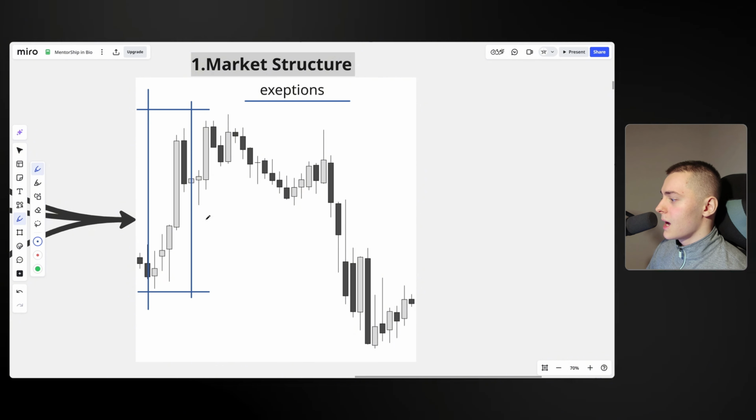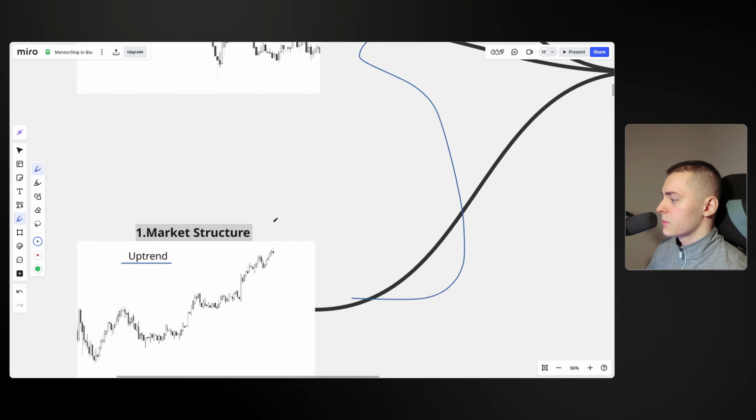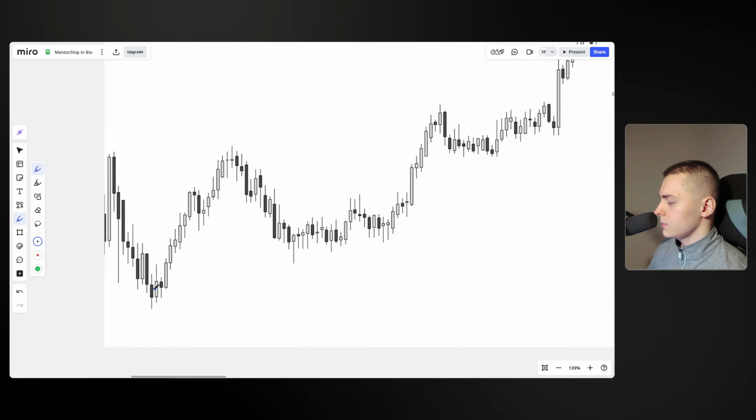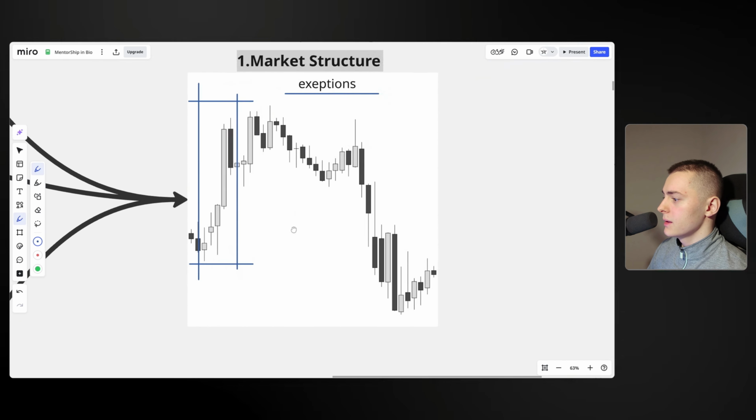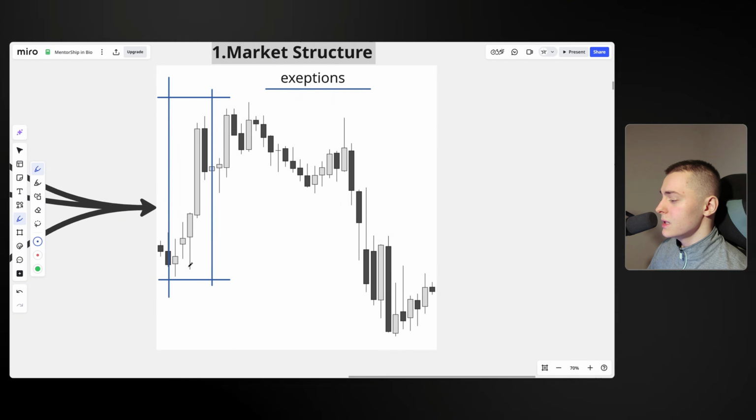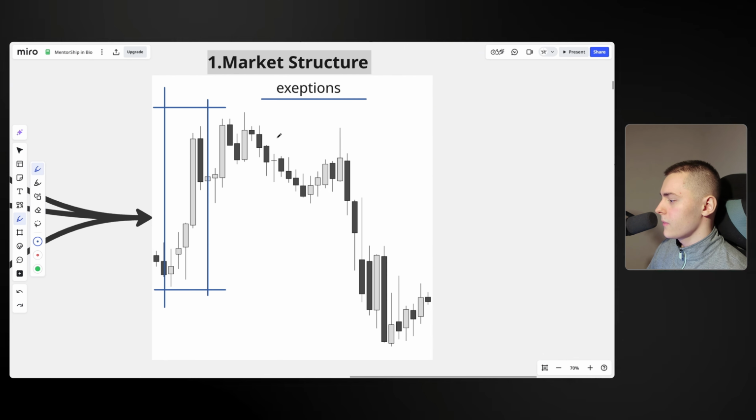But this is not indicating an entire uptrend, because previously, as we have seen, we are trending upwards, correction, and upwards again. But in this one, we are trending upwards just for a very short amount of time, consolidating, and then we're just going lower. These are the kinds of exceptions that you have to look out for. Because if not, then you will just trade this to the upside, although this is not an uptrend.